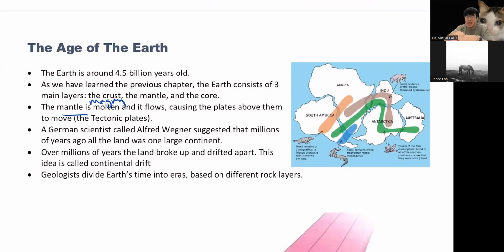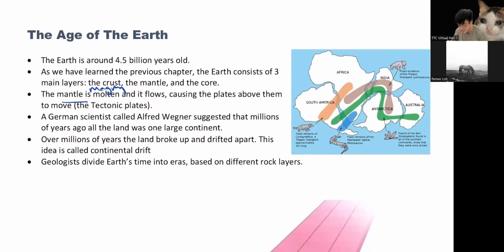If two plates touch together, the line is called a fault line. If your country is on the fault line, you are very unlucky because you get earthquakes all the time. For example, Japan is on a fault line. We used to be like this actually. Look at Africa, India, Antarctica, Australia, South America, they were over here.